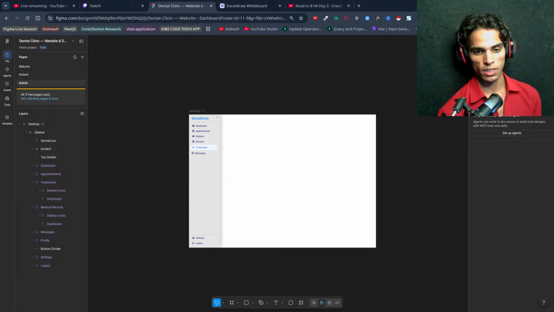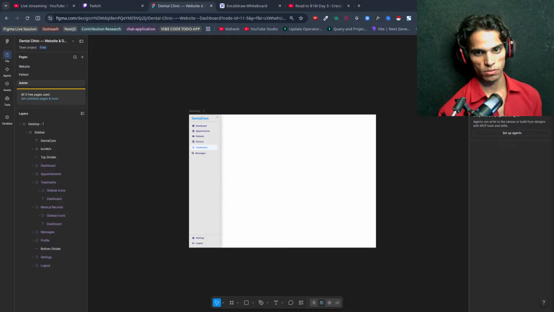Now what we want is the admin dashboard. Inside the admin dashboard we will have a header, then forecast statistics: today's appointments, total patients, appointments this month, and revenue this month. Then we will have today's appointments with a status column.